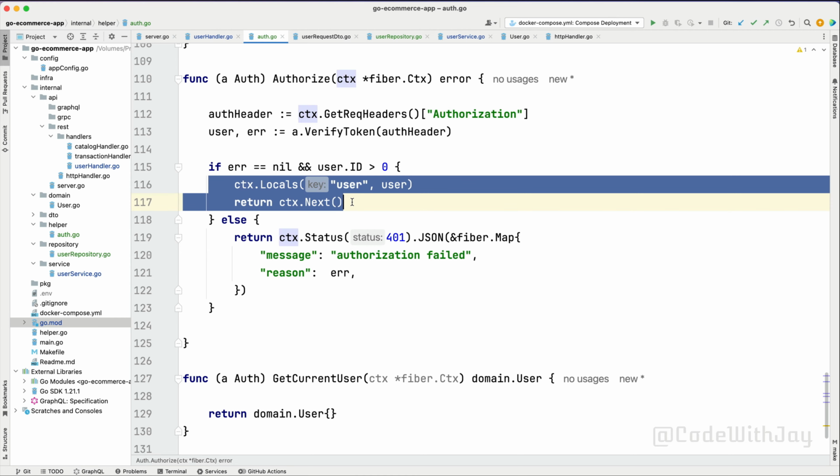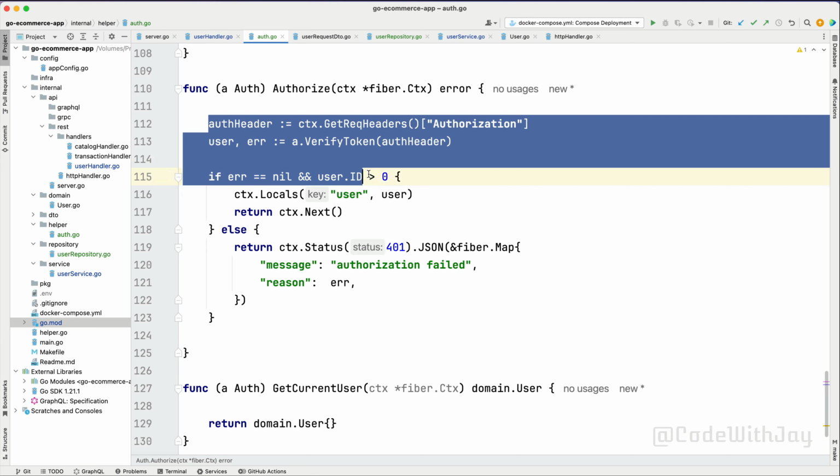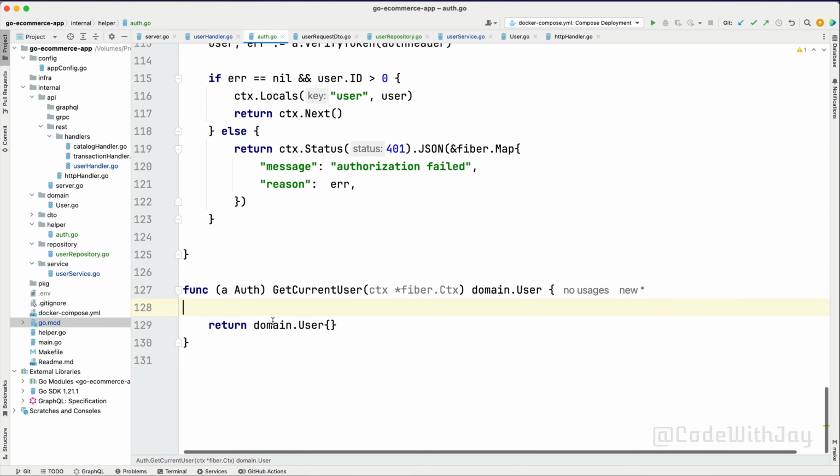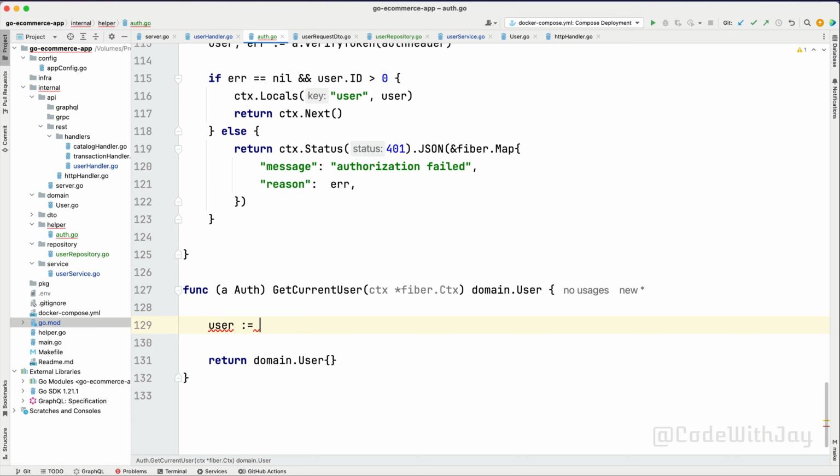Either it will fall back to this one, otherwise here. Cool. So our authorization function is also covered right now, right? So now let's go ahead and grab the current user from here. This is going to be very simple. Let's say user will be our ctx